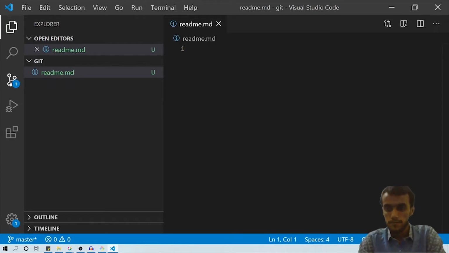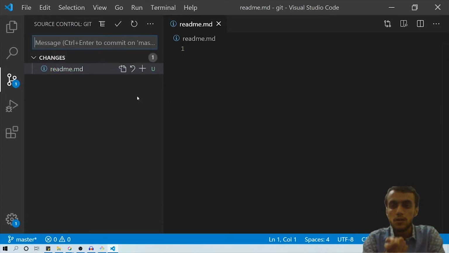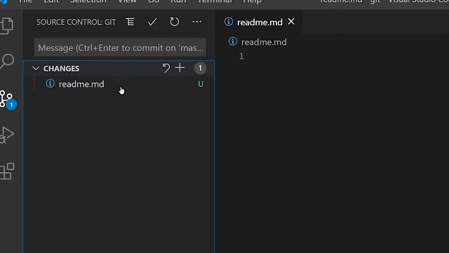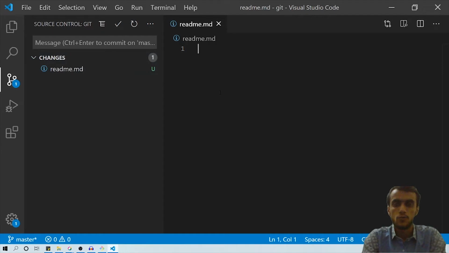So now we created the readme.md file, and if you click on source control, you will see that the source control extension is saying that we have one change, which is readme.md. Now we need to stage this change to the local git, so that we can push this change to the git remote, right?